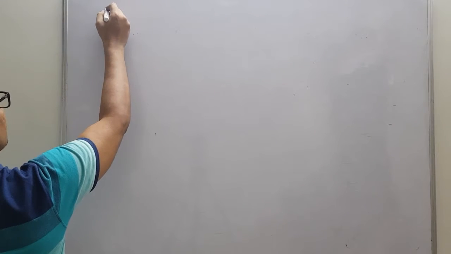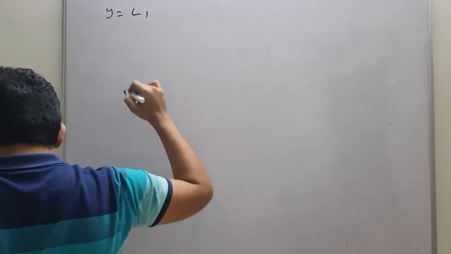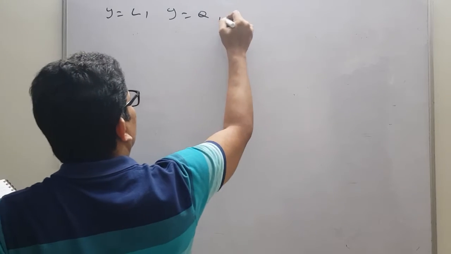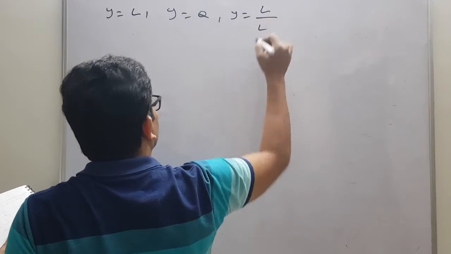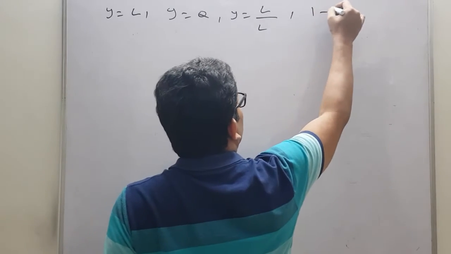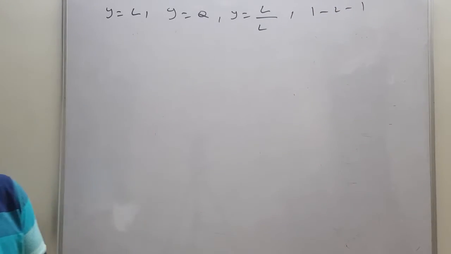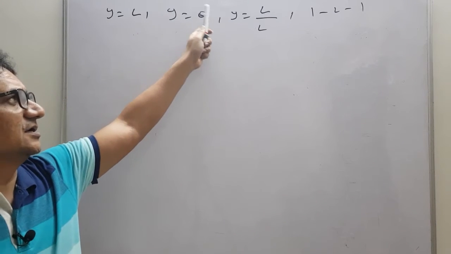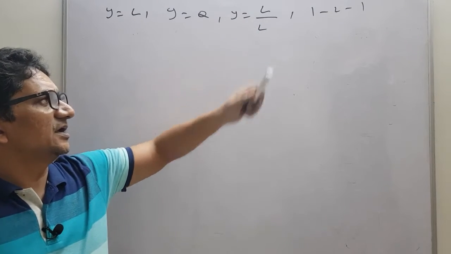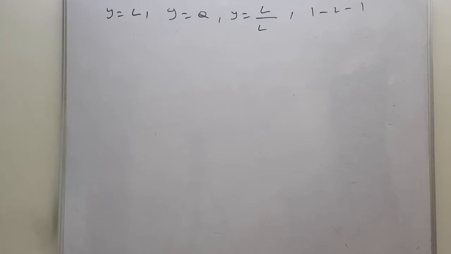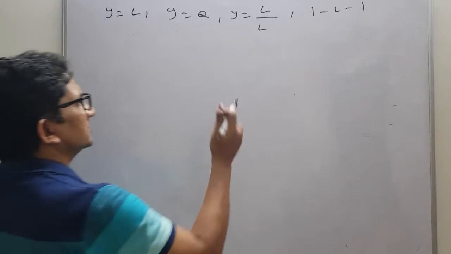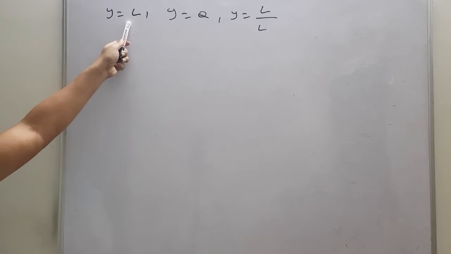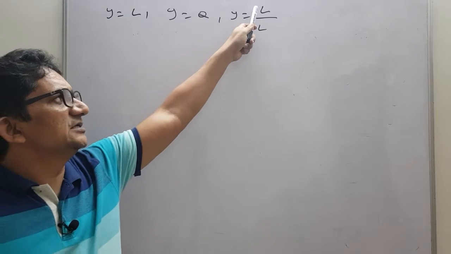Next, say when y is a linear function, or y is a quadratic function, or y is linear divided by linear, then the function is always 1 to 1. So if you have these categories, y is a linear function, y is a quadratic, and y is linear by linear. So not quadratic, sorry. This one. So here I will write three categories of the functions. Okay. Y is linear, y is quadratic, and y is linear by linear.